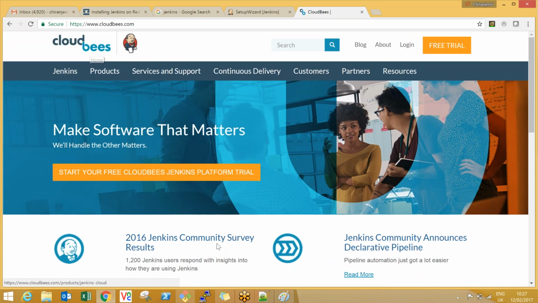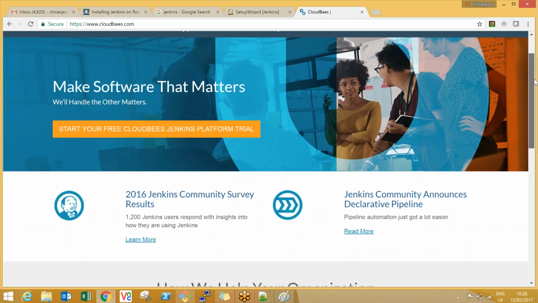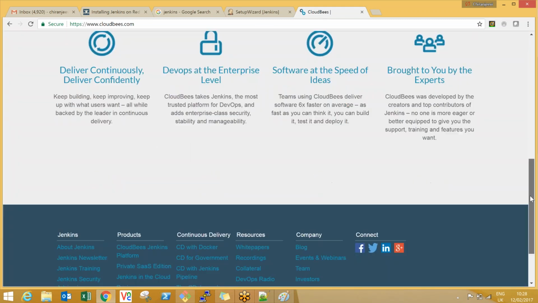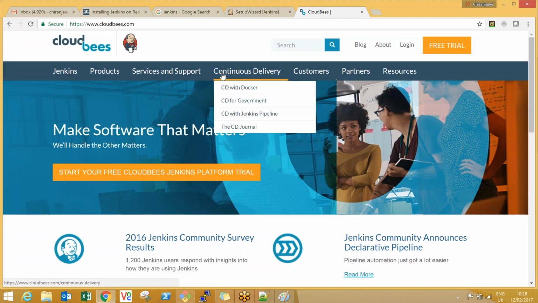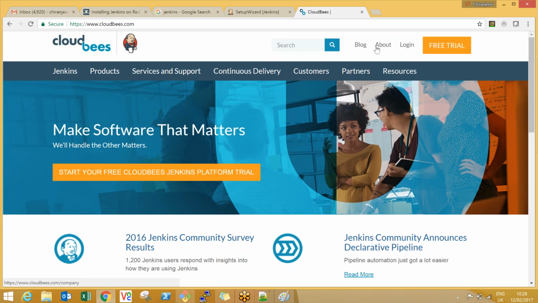You don't need to have any Linux server to set up. You can just log in and create a Jenkins instance, and that will give a nice URL like this. Okay, you can start working on it. The only thing is you just have to pay some money to them for making use of the Jenkins software in their cloud. That's it. So this company they started, and for this company the CTO, the Chief Technology Officer is, I'll show you, customers, products, about,